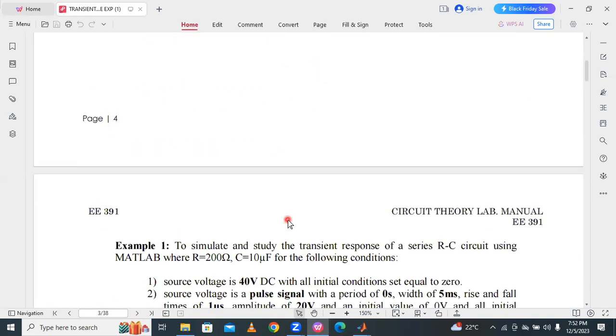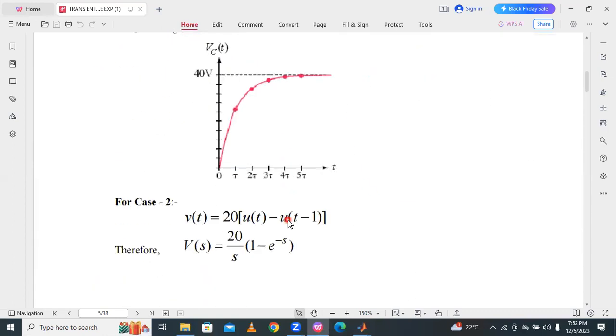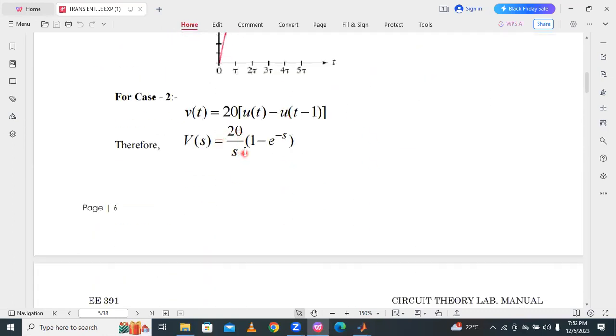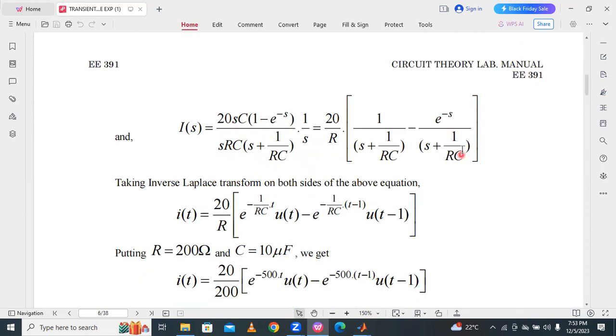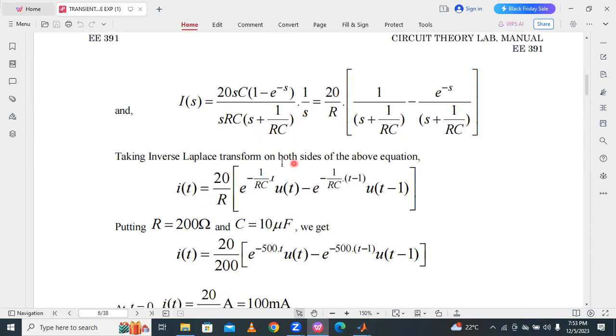V of s is equal to, what is that expression for case 2? Case 2, V of s is equal to 20 by s into 1 minus e power minus s. And then I of s is equal to 20 into s into c, 1 minus e power minus s divided by s into rc into 1 plus s plus 1 by rc. Simplify, apply inverse Laplace transform, and taking inverse Laplace transform on both sides,